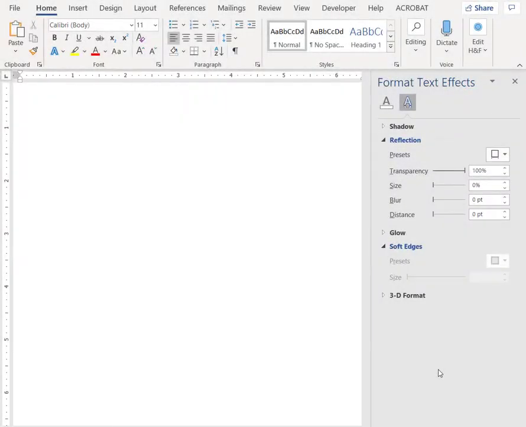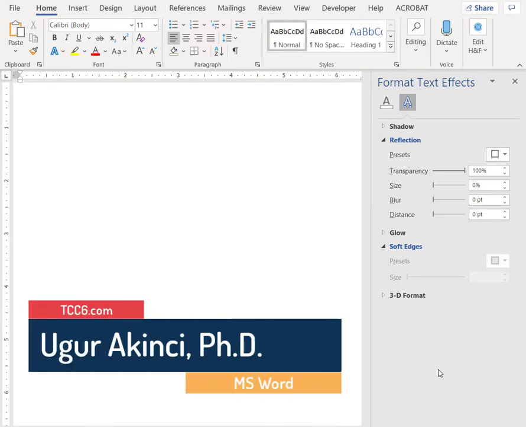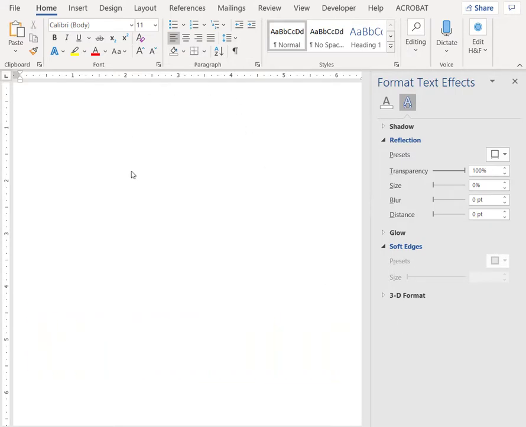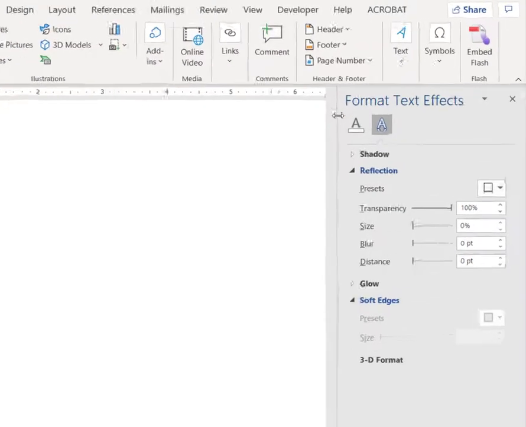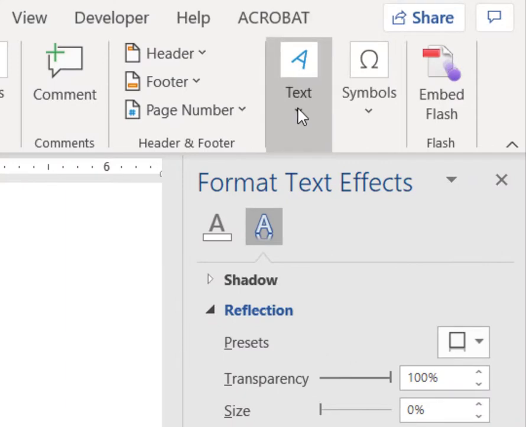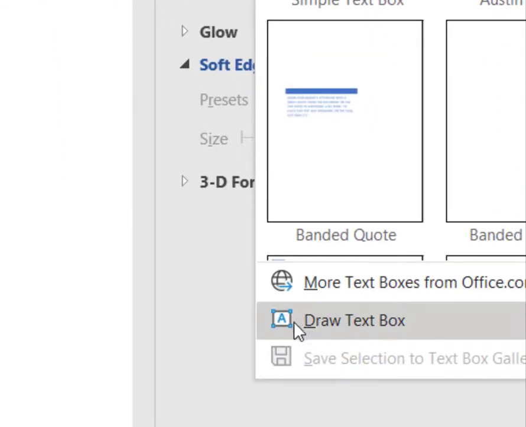You can have a lot of fun with text boxes in Microsoft Word. You can actually use them as a design tool instead of inserting tables or columns. You can just use text boxes. To insert it, you go to the Insert tab, and then you go to Text and select Text Box and